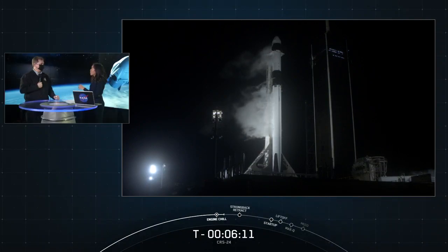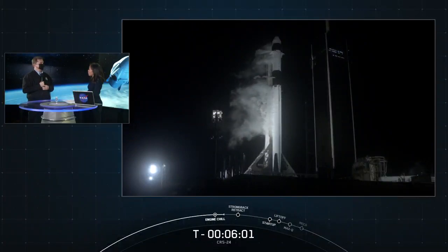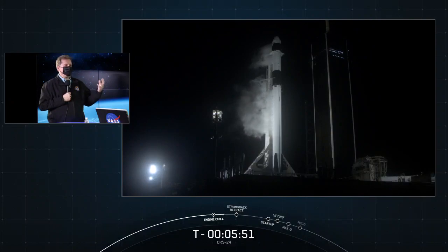And I would guess that if laundry is being done on the space station, it would use less water, right? Because that's a difficult resource up there. Would that mean that what we learn from this experiment could mean less water usage for us here on Earth? That's what we plan to learn. We're using the International Space Station as a surrogate for off-planet missions, and from there, we want to learn about